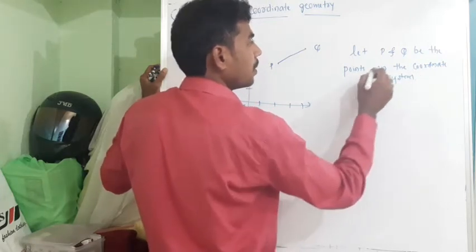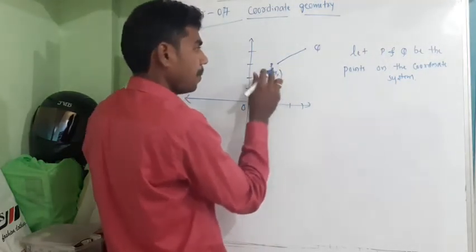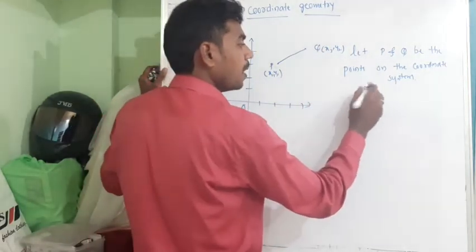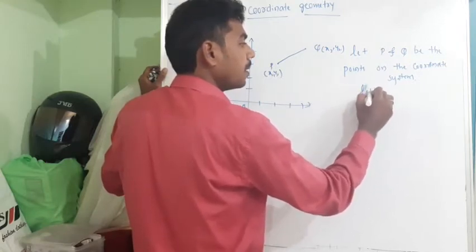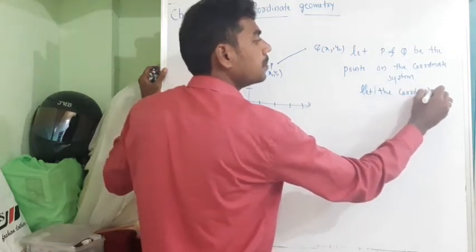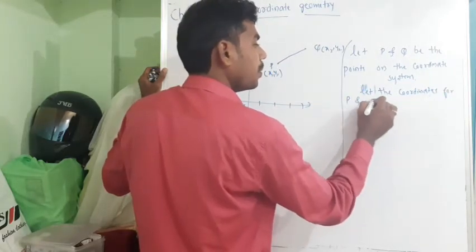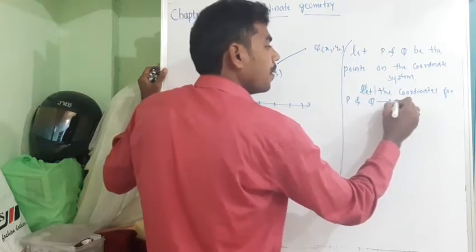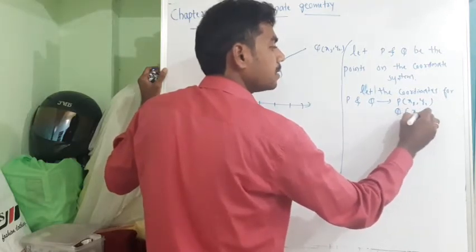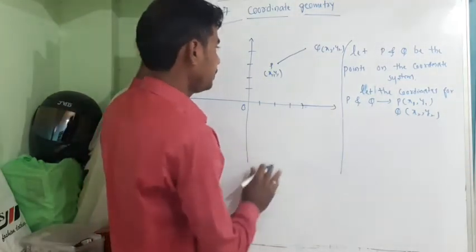Okay, so let the coordinates be x1 and y1 for P and x2 y2 for Q. Let the coordinates for P and Q be P of x1 y1, Q of x2 y2. So to find the formula, what we can do,